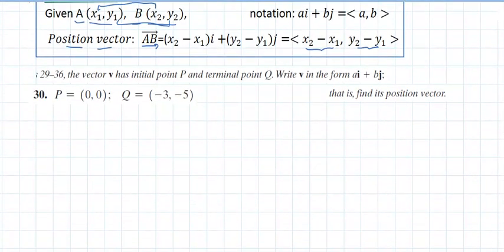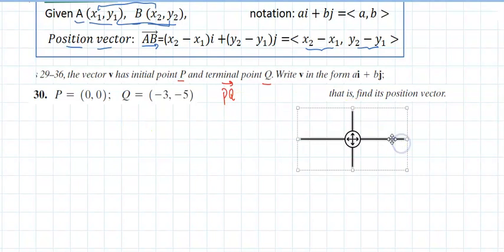So directions on 29 through 36. The vector v has initial point P and terminal point Q. So we start at P and end at Q. This is the vector PQ. And if I put a grid right there, where should I put it? Yeah, let me put it there. If I put a grid right there,